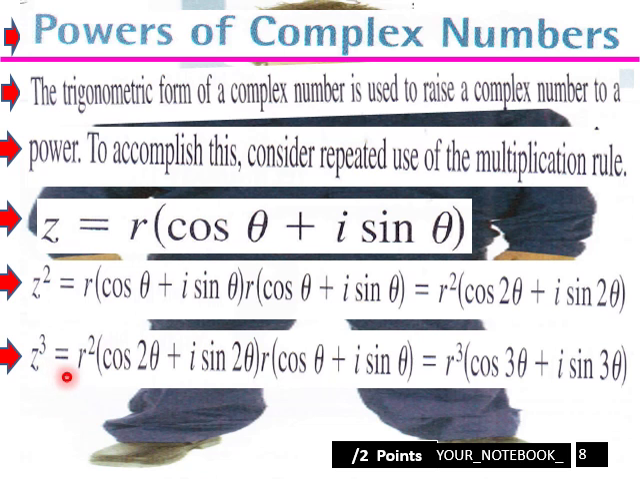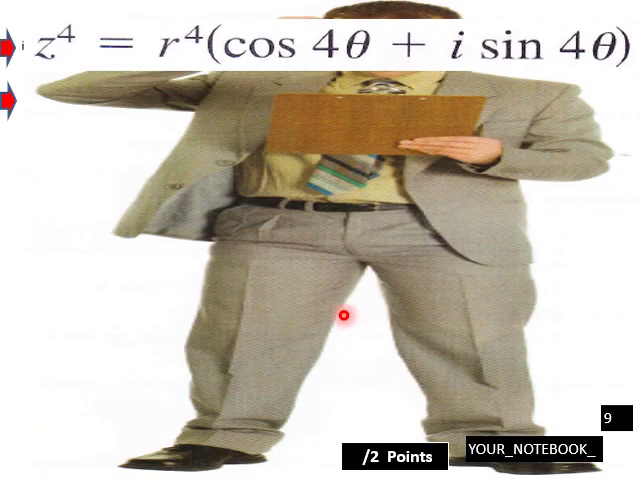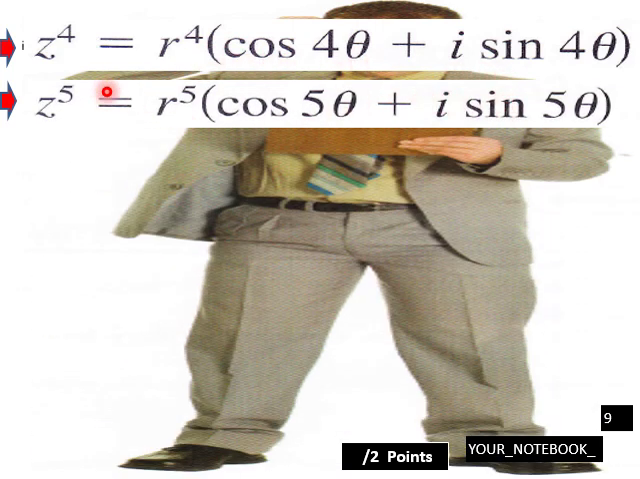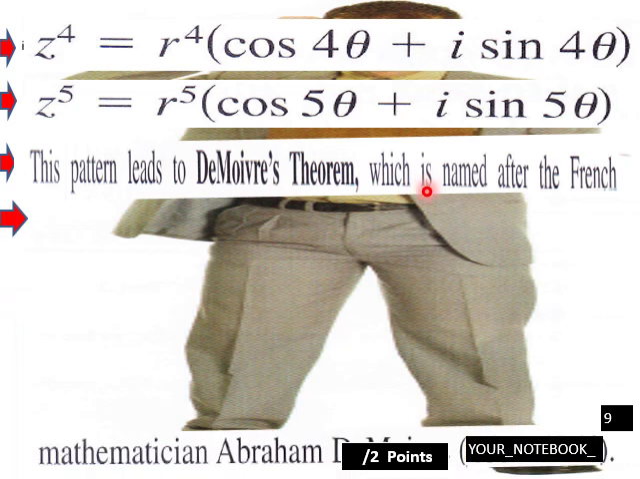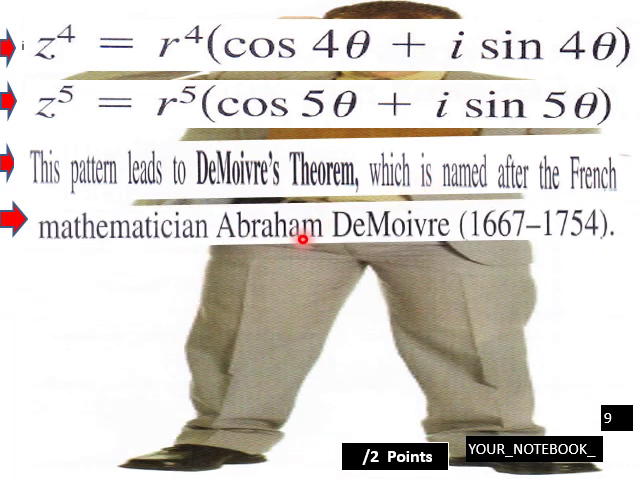And then z cubed would be r squared times this, and you end up with r cubed times (cosine 3 theta plus i sine 3 theta). Okay, I think we have that. And then z to the fourth would be r to the fourth times (cosine 4 theta plus i sine 4 theta), and z to the fifth would be r to the fifth times (cosine 5 theta plus i sine 5 theta). This pattern leads to de Moivre's theorem, which is named after the French mathematician Abraham de Moivre,